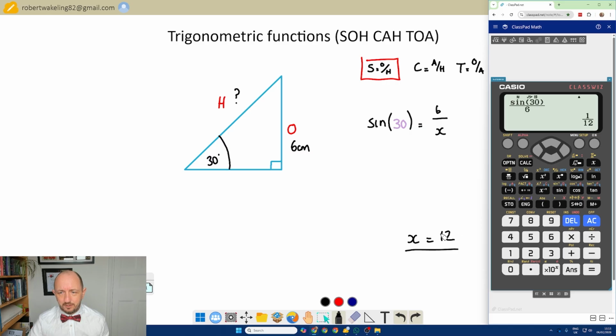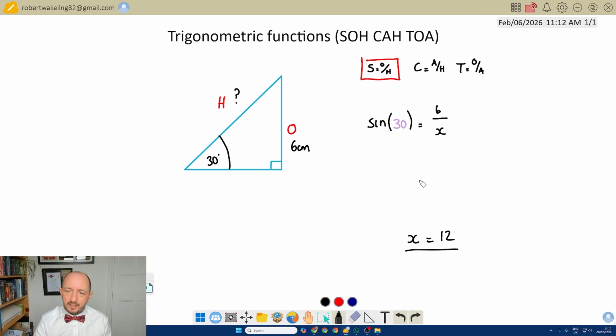1 over 12. Bit closer, but not quite right. Let's flip it upside down. 6 over sine 30 on the bottom. Yes, that's the one that the calculator gives me. So all I have to do now is write in here